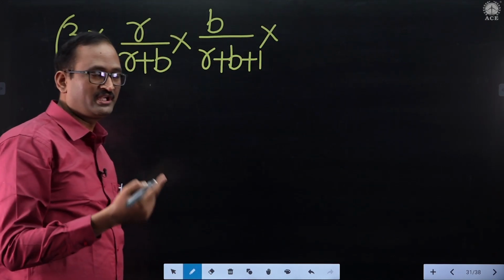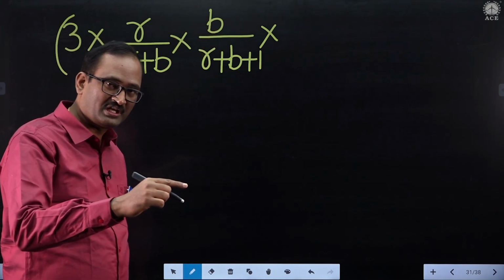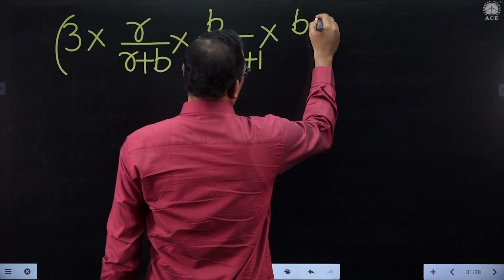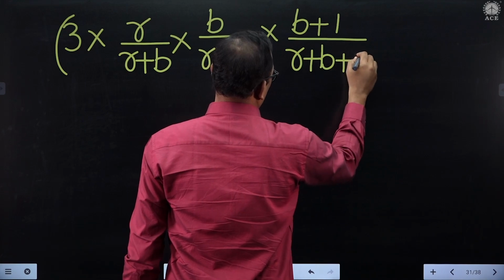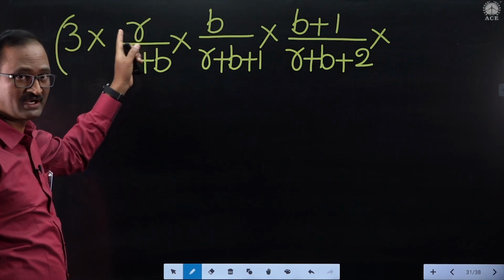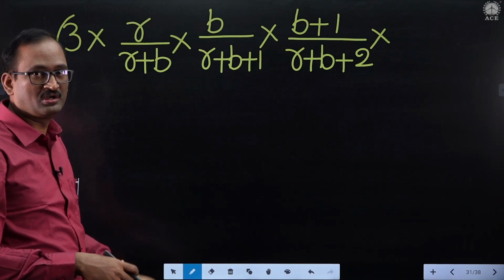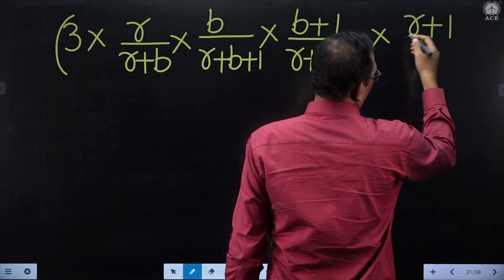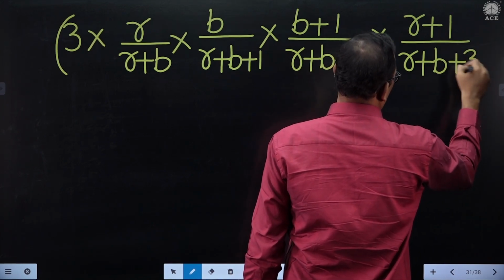Third time also a black ball will be drawn. Then the second time drawn black ball must be replaced along with one more black ball. So total number of black balls will now be b plus 1, and total number of balls will be r plus b plus 2. But fourth time drawn ball must be a red ball. So already one red ball was drawn and it was placed in its original position along with one more red ball. Total number of red balls r plus 1. One can be drawn, r plus 1 c1 means r plus 1. And total number of balls will be r plus b plus 3.